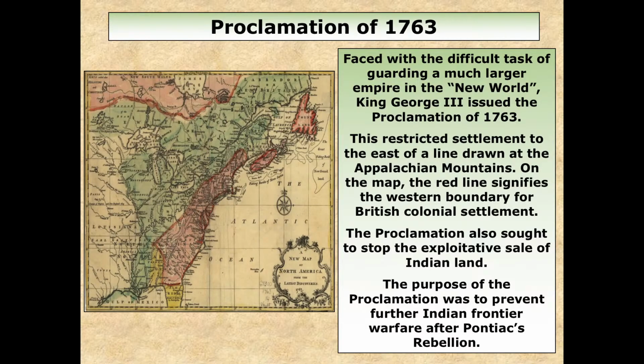So what are they going to do? They actually lay down the law as parents. They say, hey, for your own protection, colonists, you cannot cross the Appalachians right here. This line right here that we see. You can't cross it. So, that is going to be a major issue to the frontier farmers.